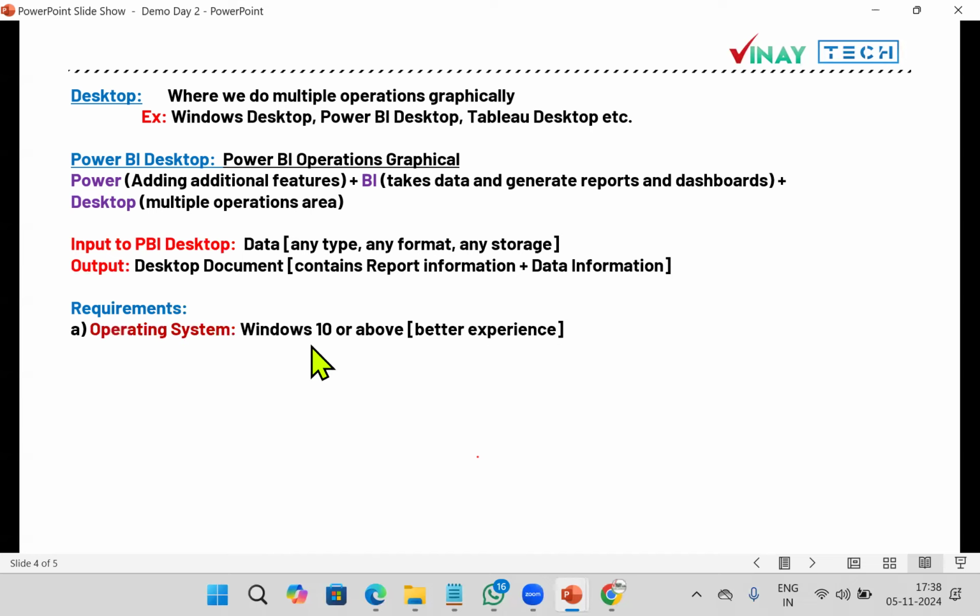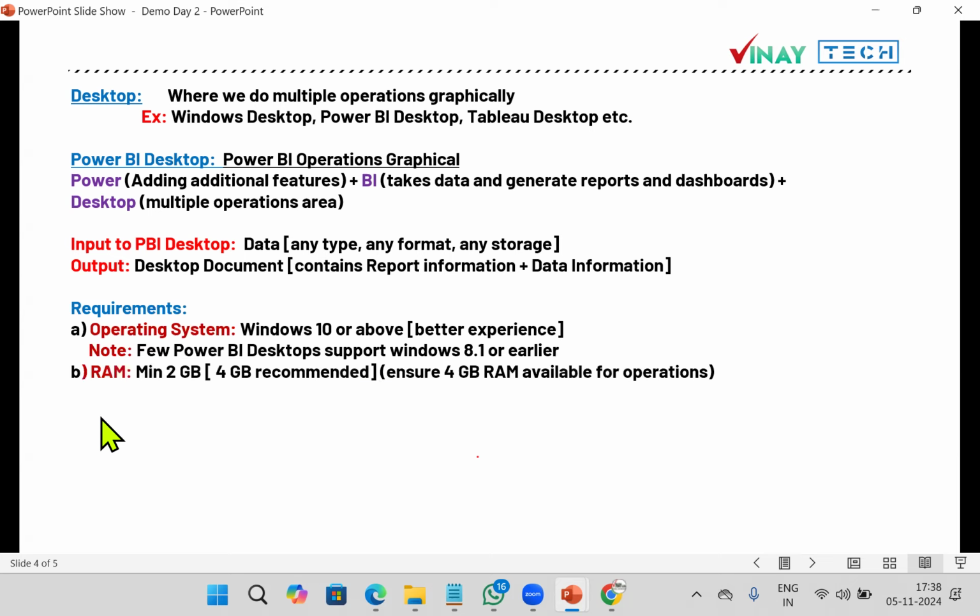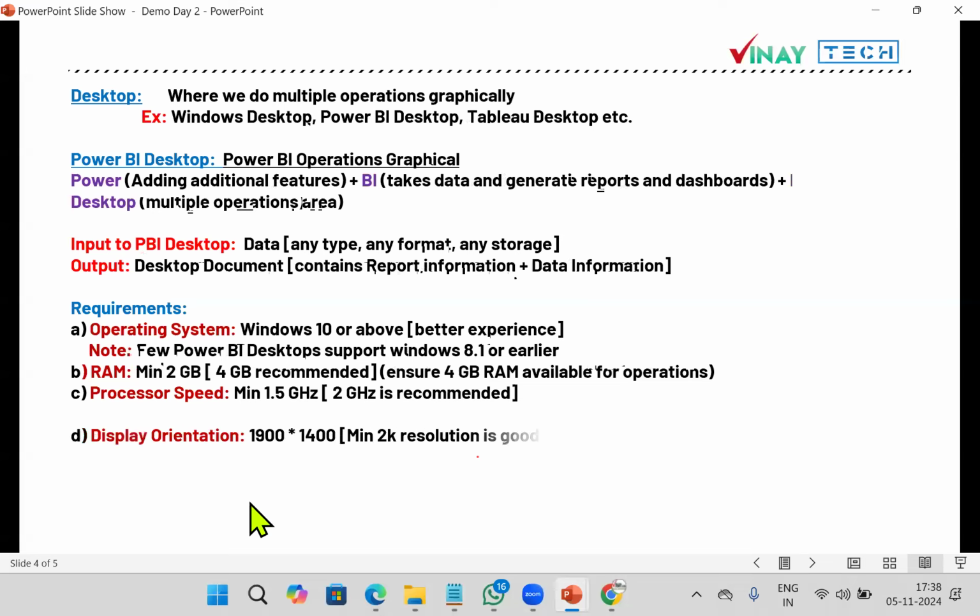OS: Windows 10 or above, but 8.1 is supported with higher versions of patches. In general, 10 or above is good. Minimum 2 GB RAM, but 4 GB is recommended. Processor minimum 1.5 GHz, 2 GHz is recommended. These three clear? Right. Display,